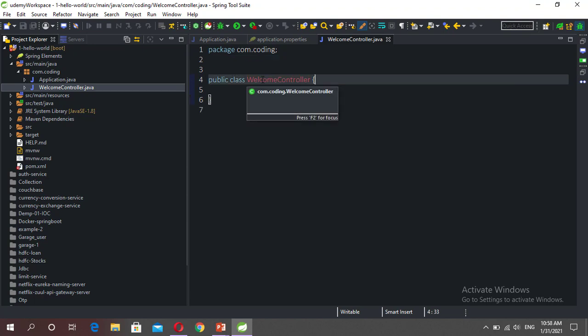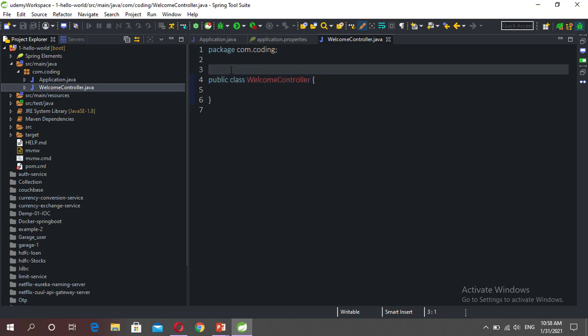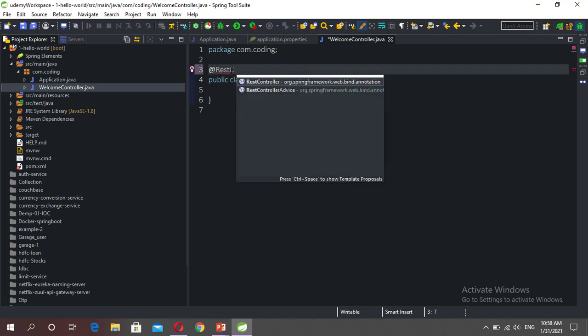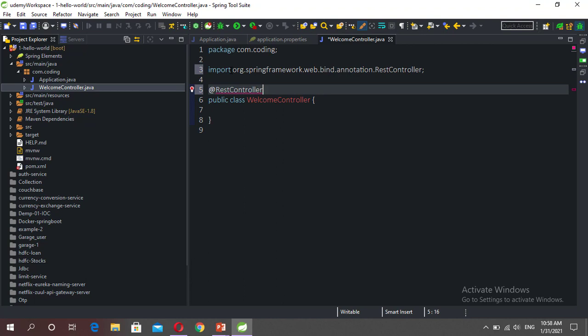If any class is declared as a REST controller class, then we need to annotate this class with @RestController.